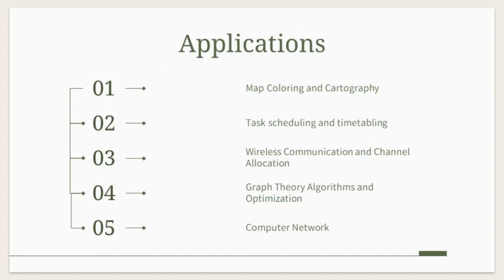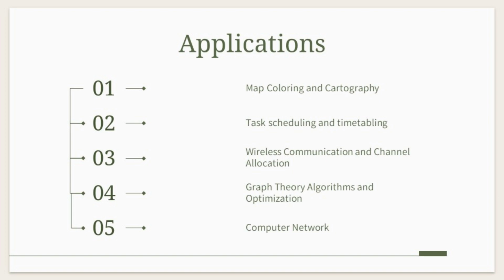3. Applications. Graph coloring finds applications in numerous real-world scenarios, demonstrating its versatility and importance. Here are some real-world examples and use cases of graph coloring. 1. Scheduling and timetabling. Course timetabling, assigning courses to time slots and classrooms such that no student has conflicting schedules, can be modeled as a graph coloring problem, where vertices represent courses and edges connect courses that cannot be scheduled